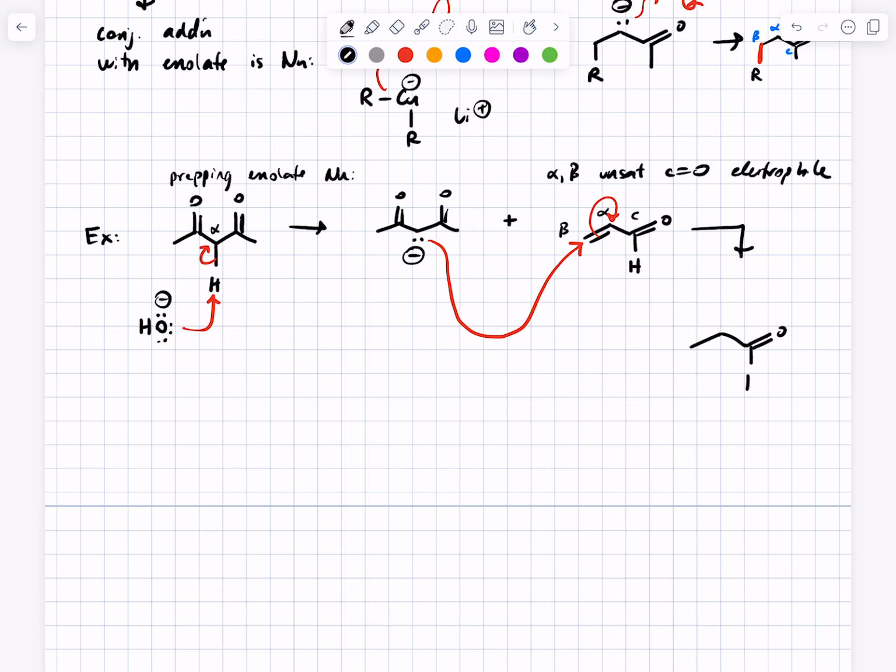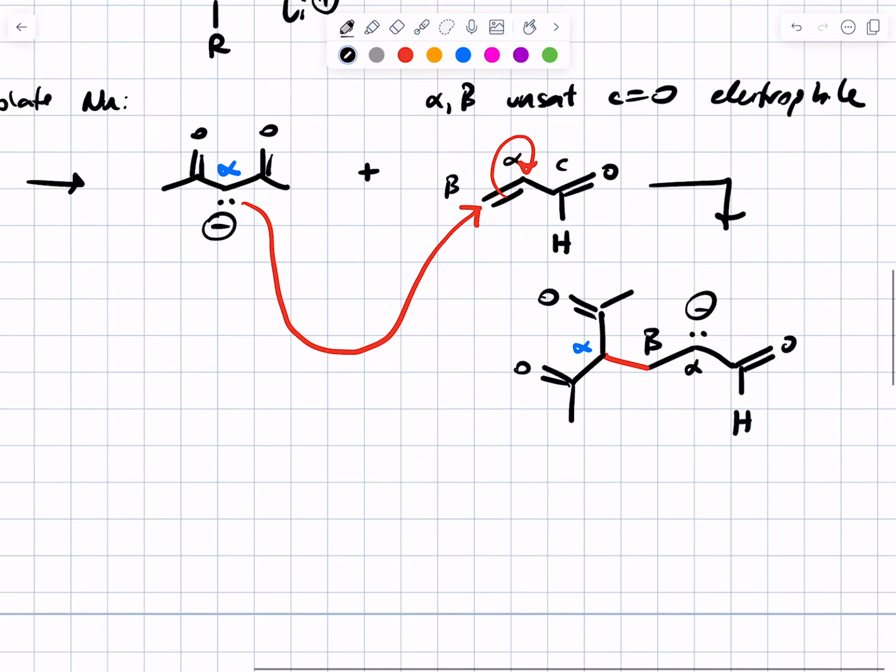So I'm going to draw the electrophile portion. Here's the alpha carbon, lone pair electrons there. Here's the beta carbon, and in red is the new bond between the beta carbon of my electrophile, and then over here, the beta carbon is bonded to the blue alpha carbon of my enolate nucleophile. Okay,